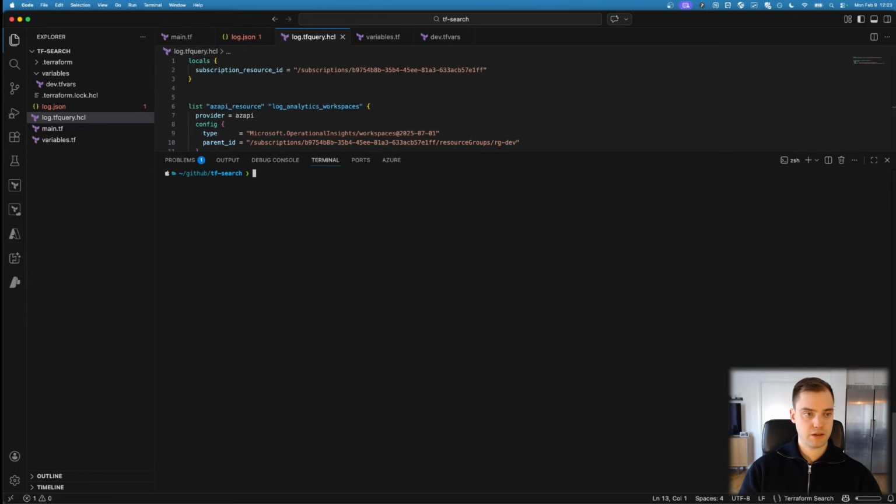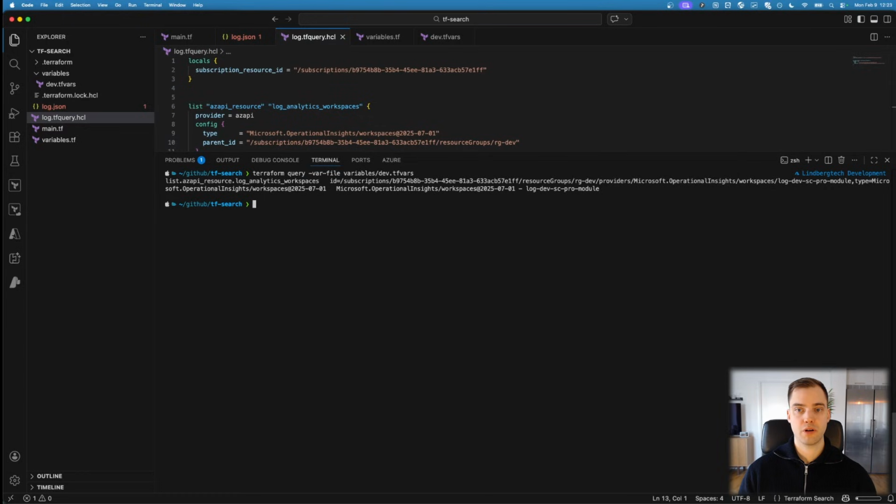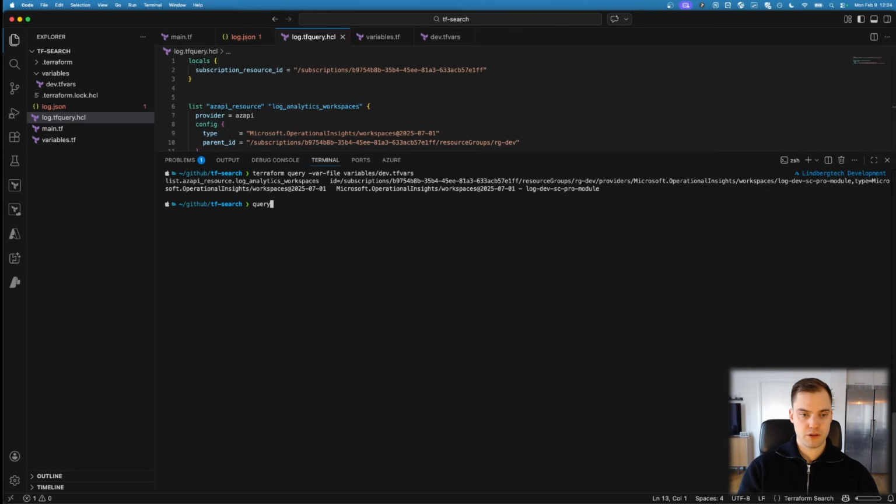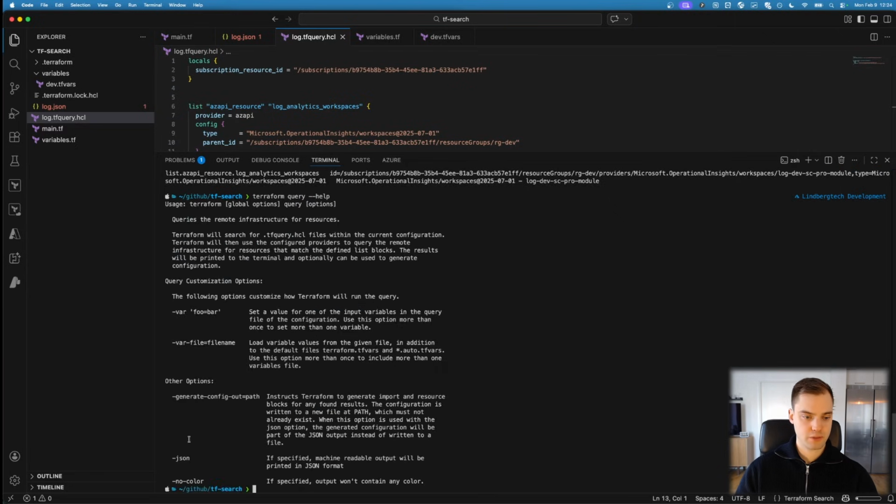Then back in here, if we run the query again, we don't output it, then I return one operational workspace. So now that I've found this, what can I do with this? Because this query in itself didn't do anything. It just gave me information about, here's a workspace that you have based on the parent ID you provided. Well, if we look back in Terraform query, the help section, we can see we have something called generate config